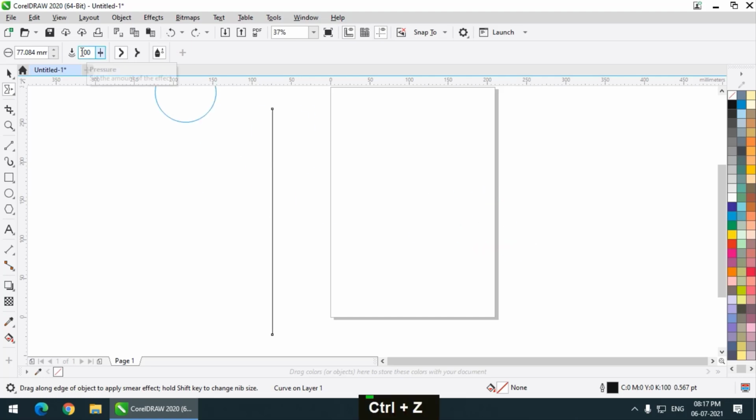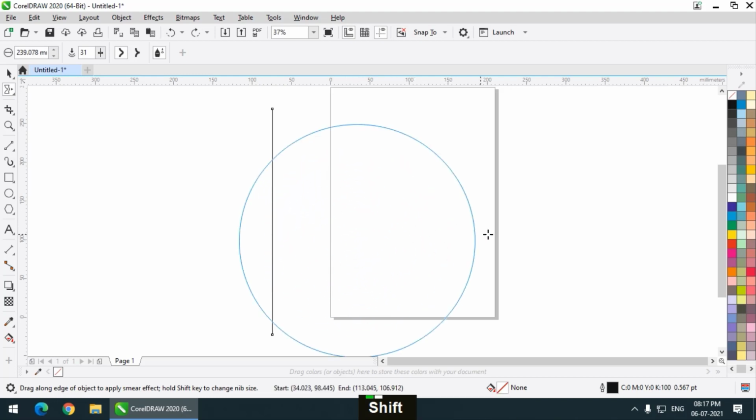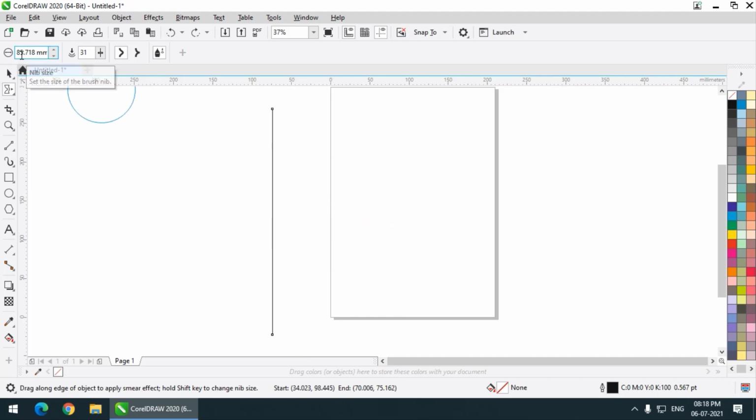Again we have the speed or the pressure. This time it is pressure, and if you want to increase the size of the nib, it is called the nib size or the brush size. You can change it from the property bar, but there is another option. You can simply press and hold Shift and then click the left mouse button, and you can move it around to the left and to the right. Then it will simply increase or decrease the nib size. So this is a hotkey or shortcut key, or you can simply use this option from the property bar, whatever you feel comfortable with.